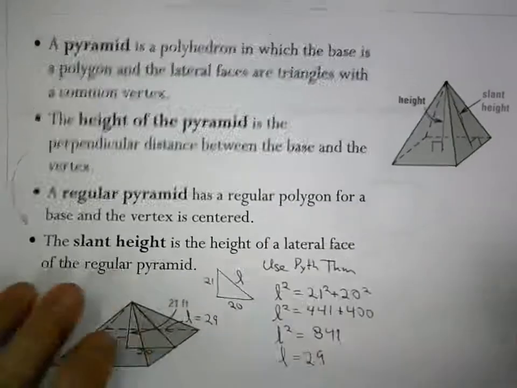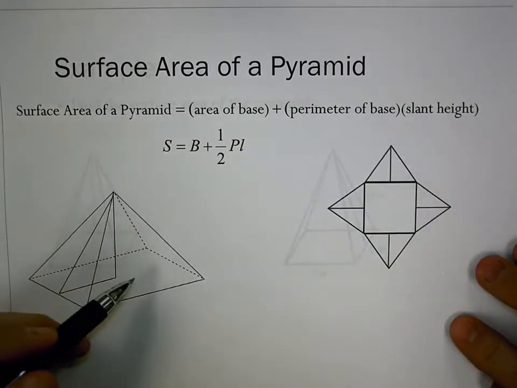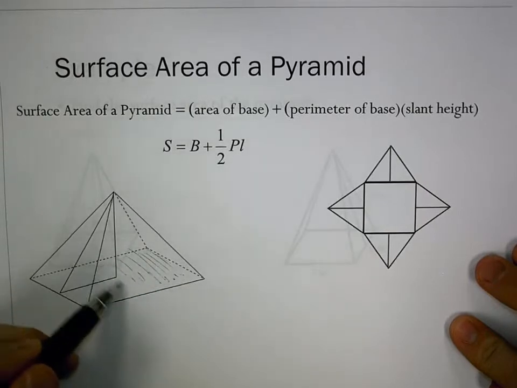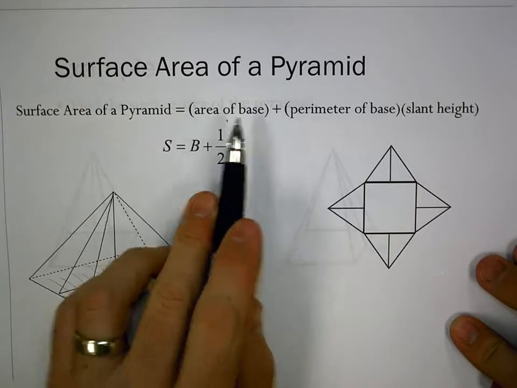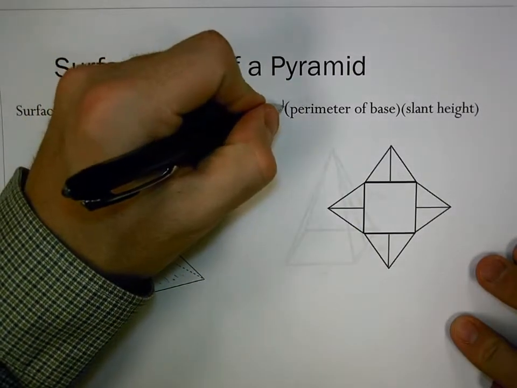But to find the surface area of a pyramid, our formula is a little different than with the prism. Now, with the prism, we had two bases. Today, as we look at surface area for the pyramid, we're only going to have one base. So, we need the area of the base. The other thing we need to do is find the perimeter of the base times the slant height,